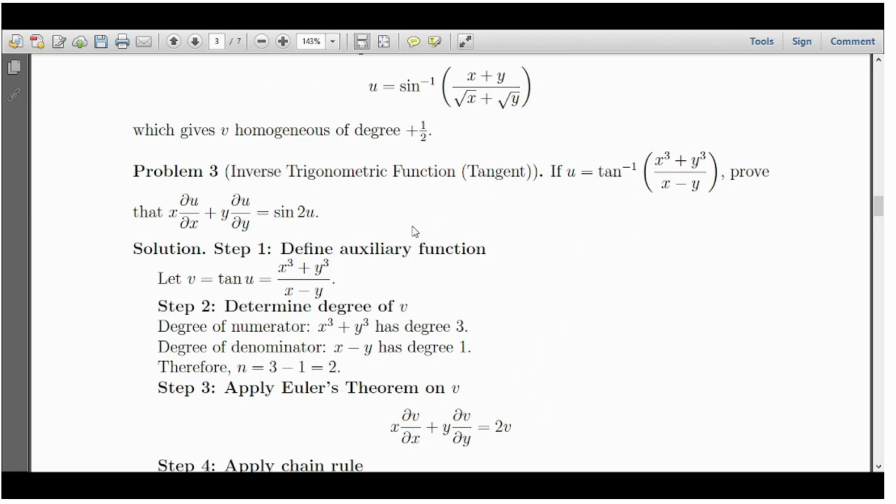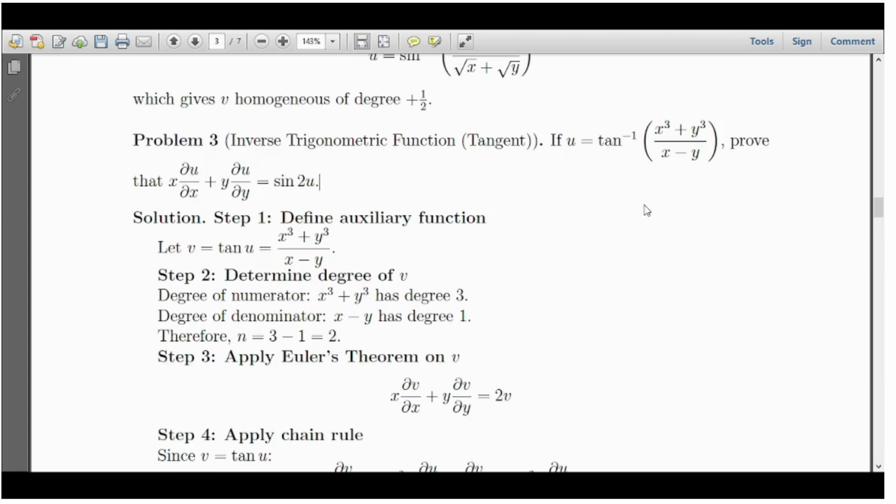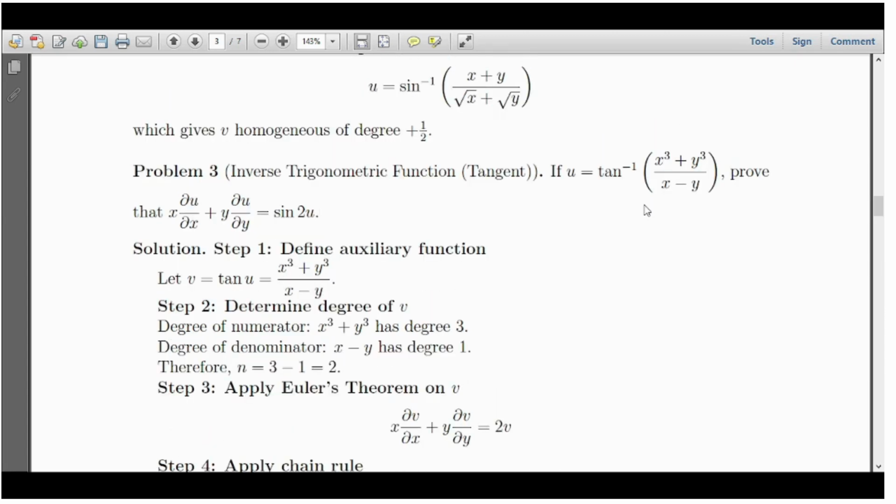The third problem, that is the inverse trigonometric function. Same thing, if u equal to tan inverse of (x cube plus y cube) by (x minus y), then prove that x ∂u/∂x plus y ∂u/∂y equal to sin 2u. Since this inverse in u itself is not homogeneous, therefore we must convert into an auxiliary function. If we convert this into auxiliary function,